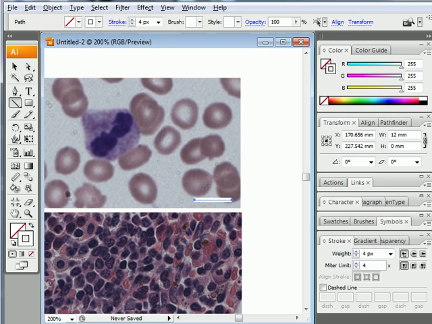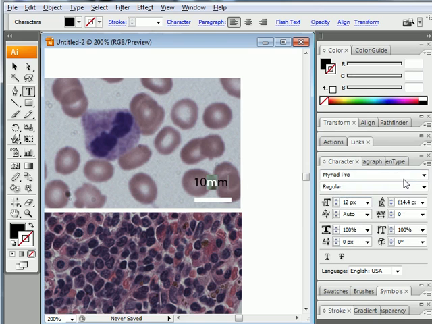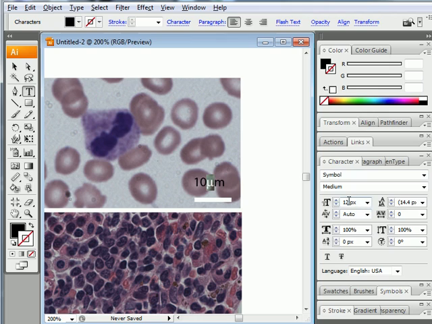And we know that these 4 pixels represent 10 microns. So we'll label that and put in 10. And we're going to do 10 µm, and I'll show you, and we'll change one of the fonts here. If we go into character, we'll change one of these fonts to symbol, and that will give you the micron symbol. And usually the micron symbol is a little small, so I add a couple of pixels to it by